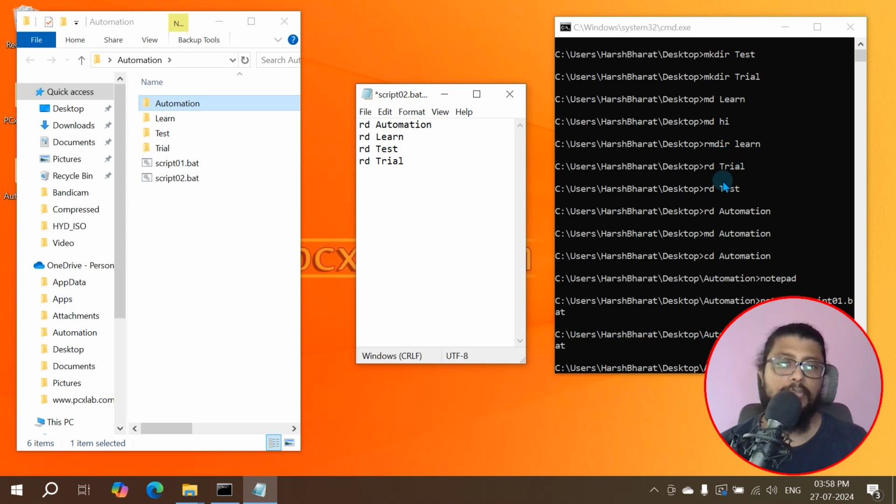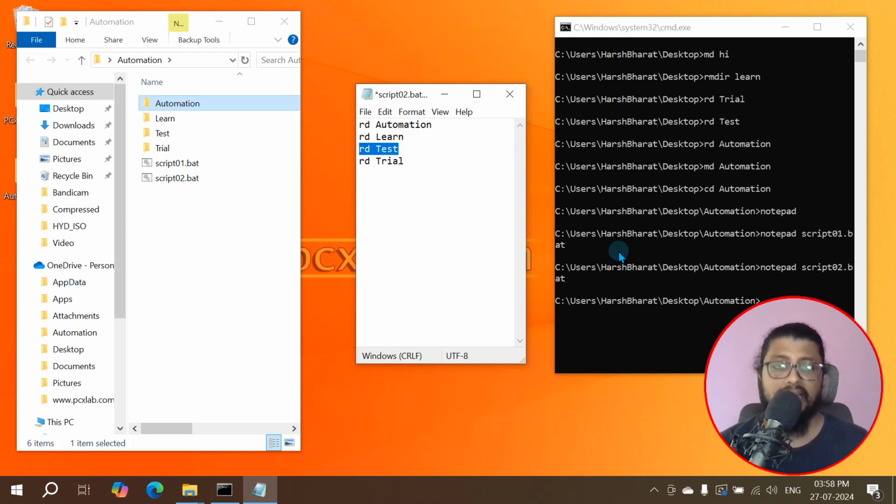I can copy from here as well, but I'm not going to do that. It's just a waste of time. Simply you can copy, but this is the best method and it gives a proof. If you right click and copy rd test, and paste it here, you're 100% sure that your command is working well. Don't think it is silly and simple. It is not, because we are going to go with many lengthy commands, and at that time you can't sit and type. There may be some typo errors. We want to avoid that. That's the reason we simply try it here and copy it here.